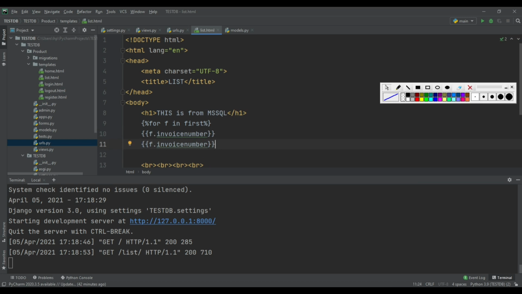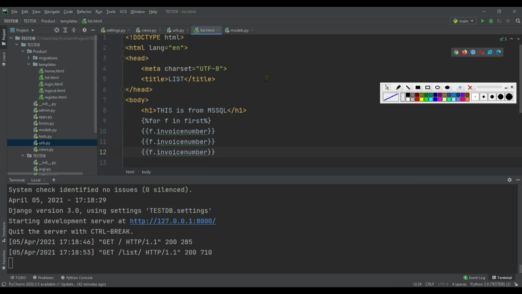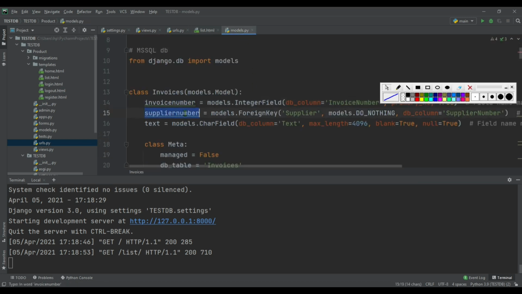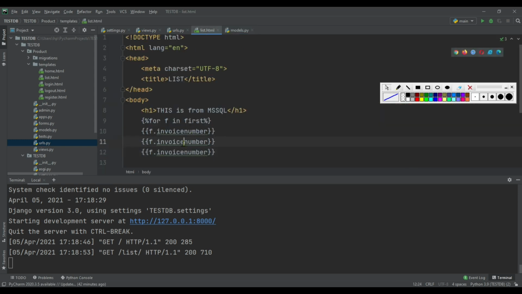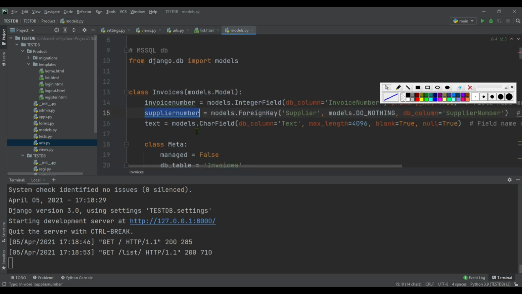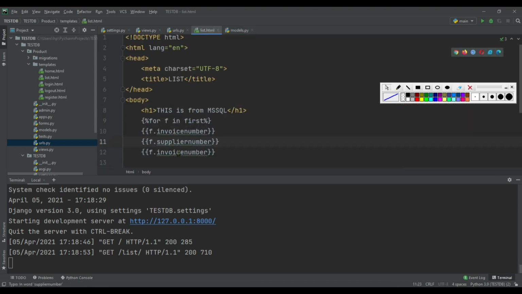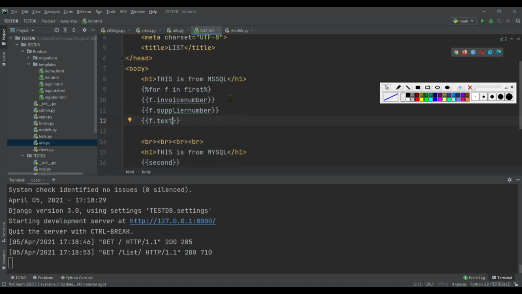copy, second variable, copy, third variable. And the for loop.